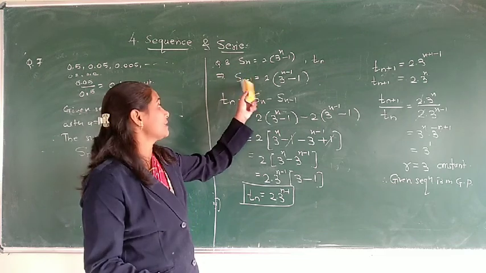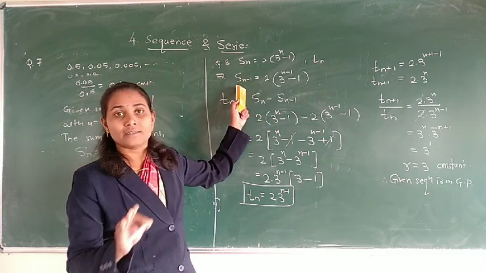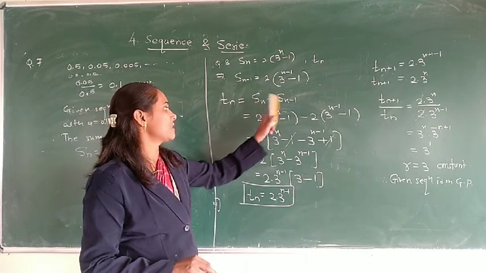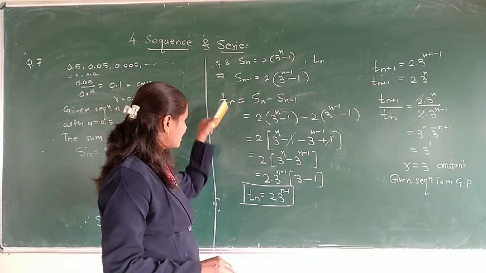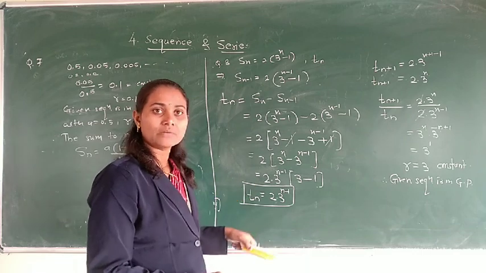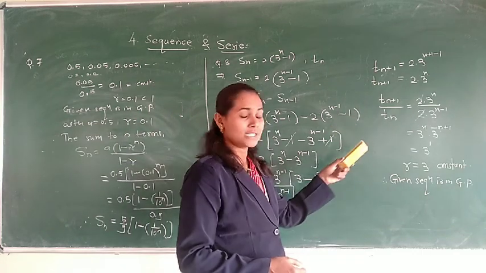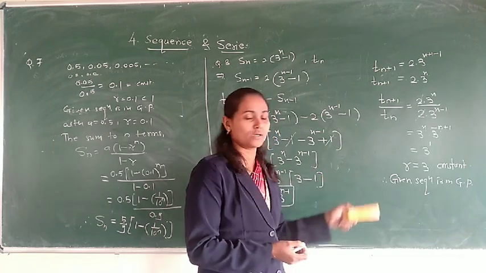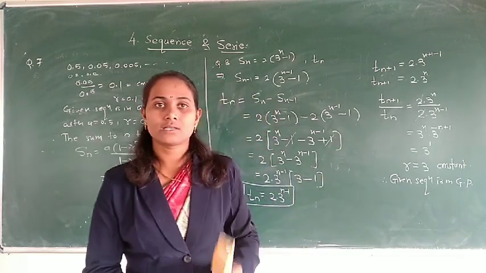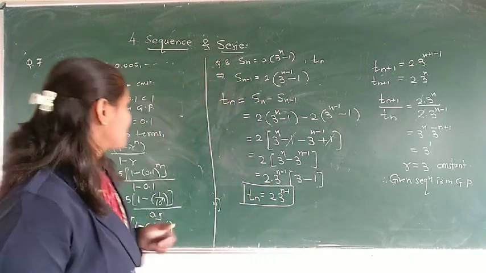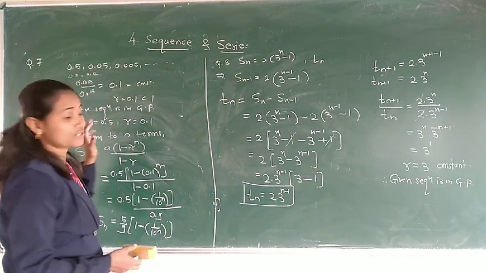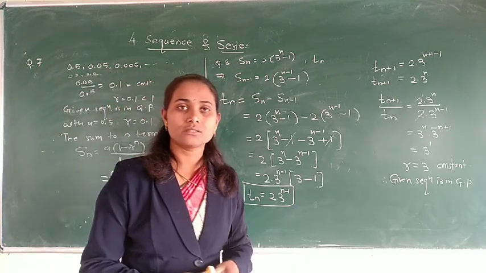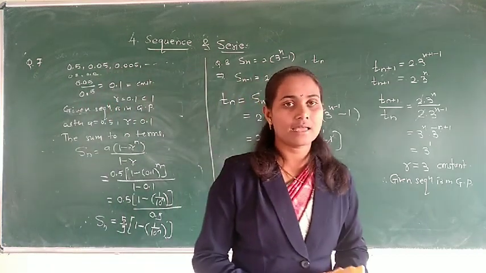So we were given Sn first. From this Sn we find Sn minus 1, and to find Tn we take the difference of Sn and Sn minus 1. Then we get Tn, the nth term, and to show the sequence is in GP we take the ratio of the next term to the previous term, and if it is constant then we say the given sequence is in GP. So you should try the second questions in question number 6 and question number 7. The next example we will see in the next lecture. Thank you.